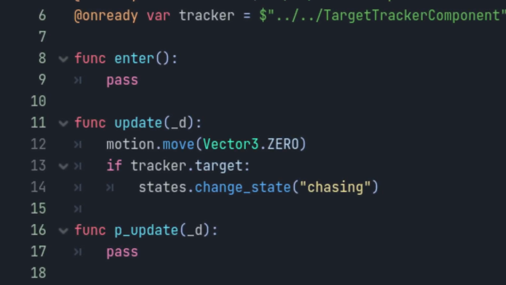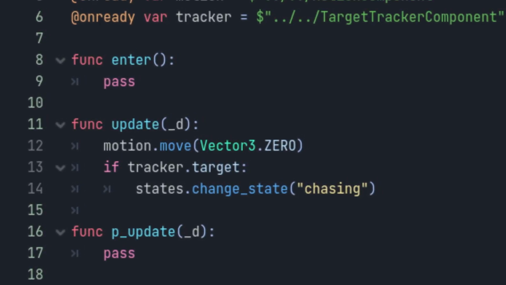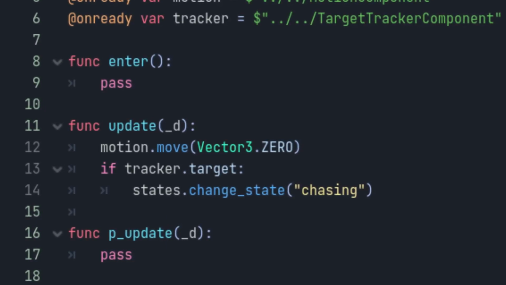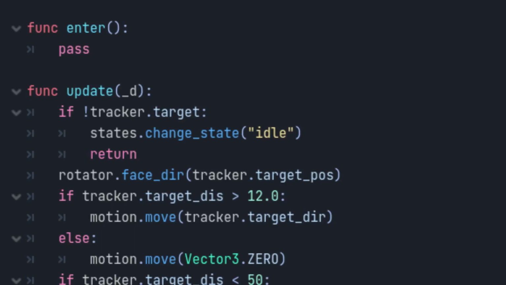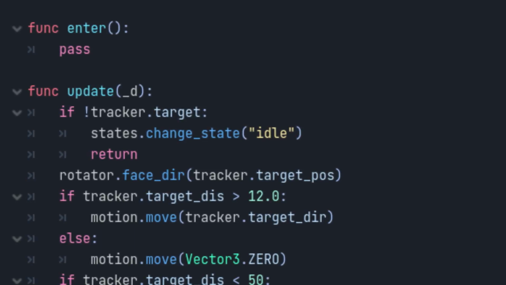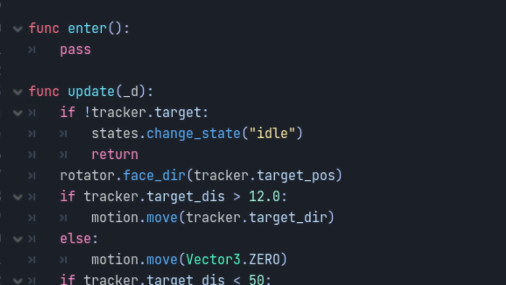The enemy starts idle and its state code is literally just don't move anywhere, and if there's a target, move to the chase state. Chasing gets a bit more interesting. Firstly, if there's no target, go back to idle and return. This is to abort all the following code which all requires a target and would throw a fit if the